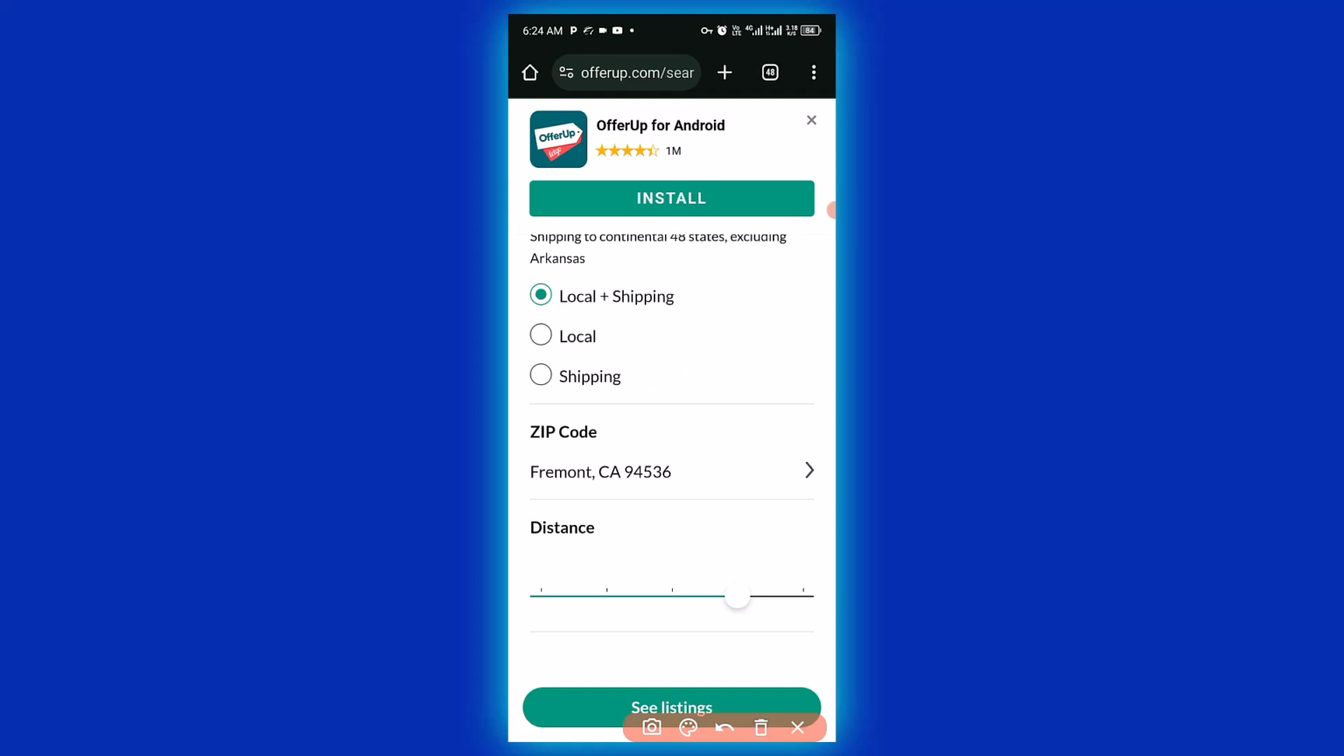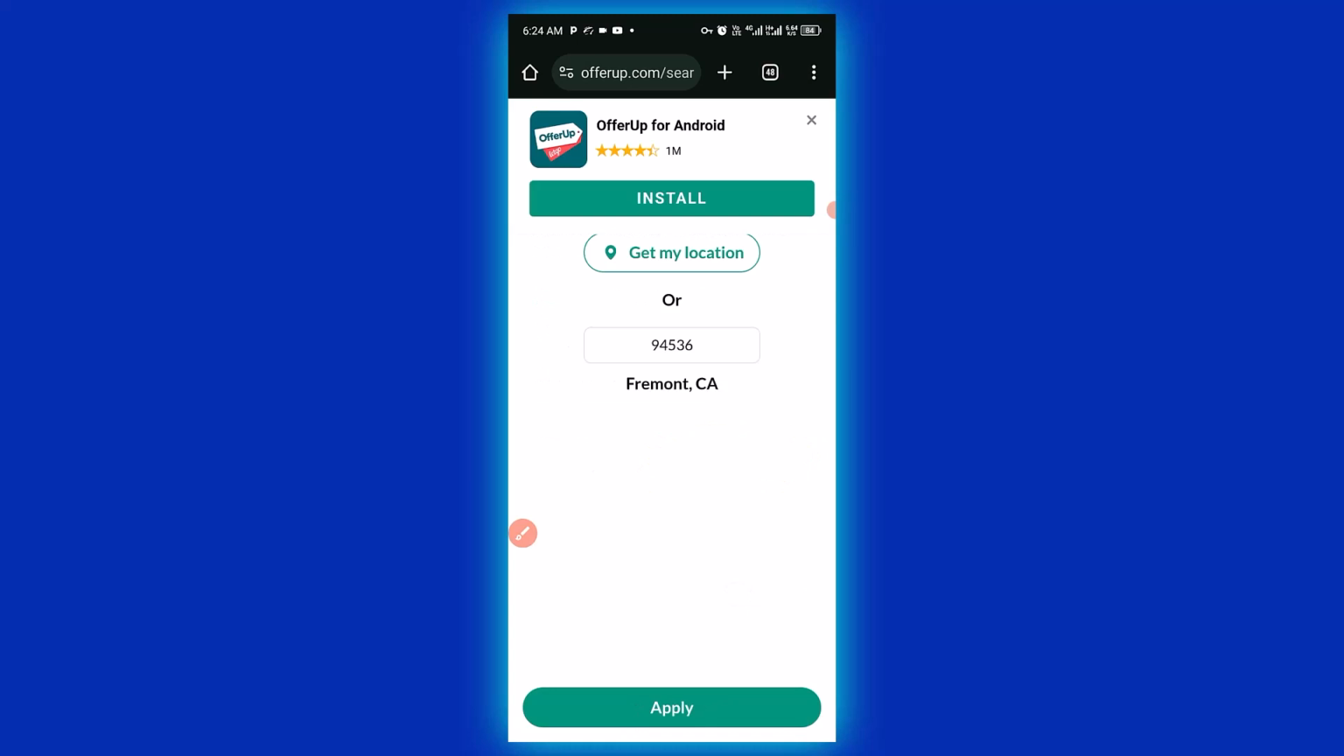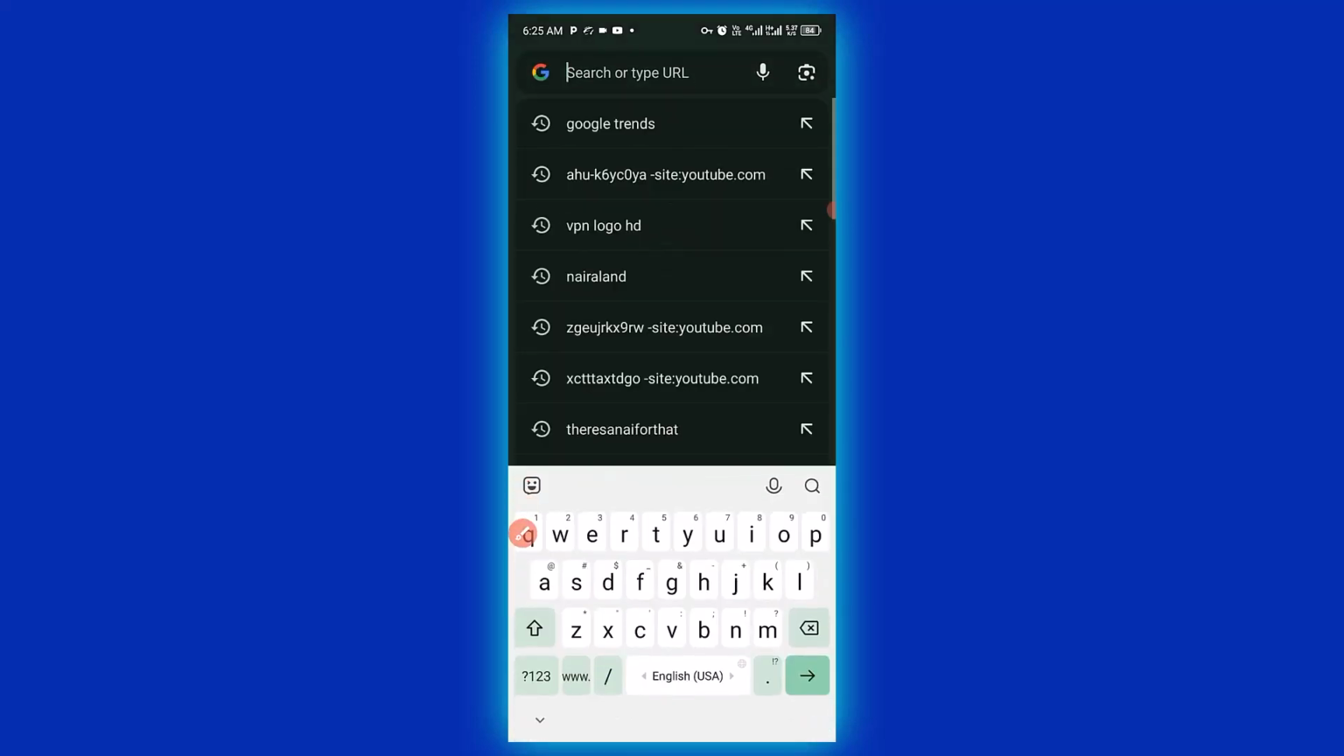For me, I'll put everything in local plus shipping so that both local and shipping results can be filtered. The next thing I need to do is simply click on here to change my zip code. Right here, I need items in the state of Florida. So I need to make sure I create a new tab because I need a zip code from Florida. I'm going to click on here to open a new tab. Then I will type in zip code